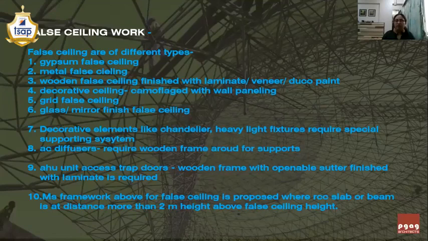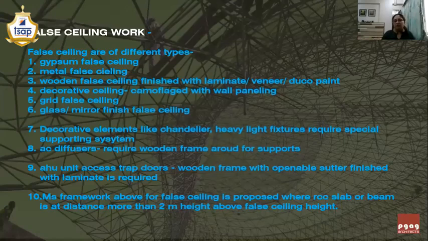So you need to write MS or wooden framework behind the gypsum false ceiling, which is not generally seen, but that has to be quantified, that has to be well specified, written in the tender, so that the contractor quotes for that particular gypsum false ceiling wherever the decorative light fixtures are going to come up. He will quote by considering the additional members above the false ceiling which are going to come.